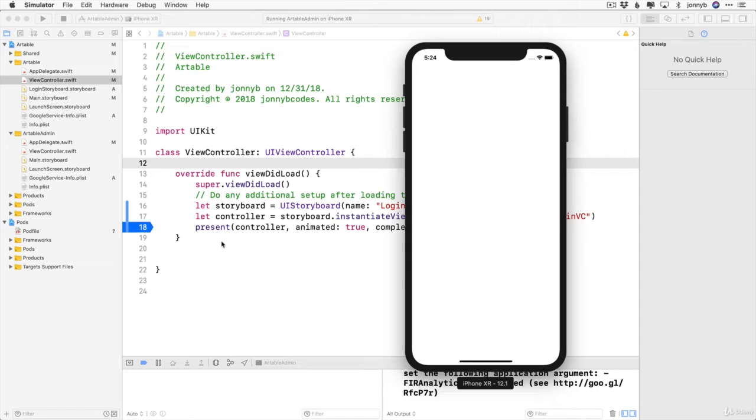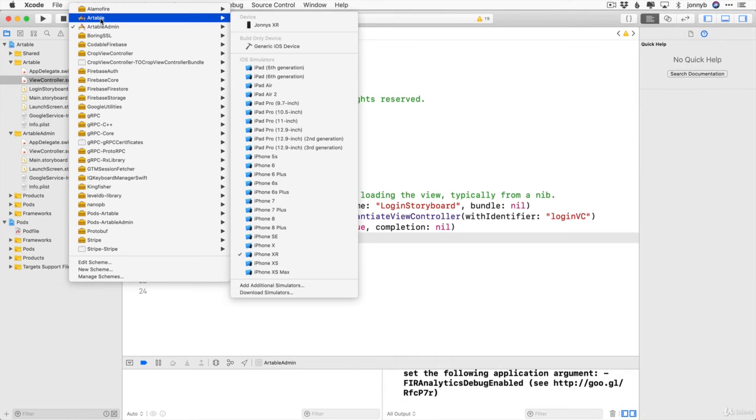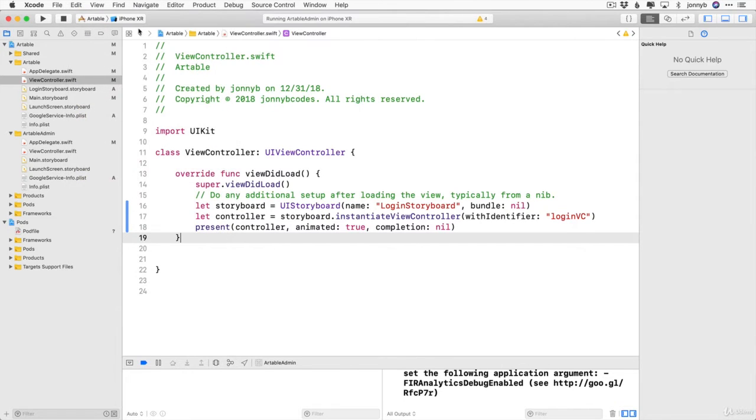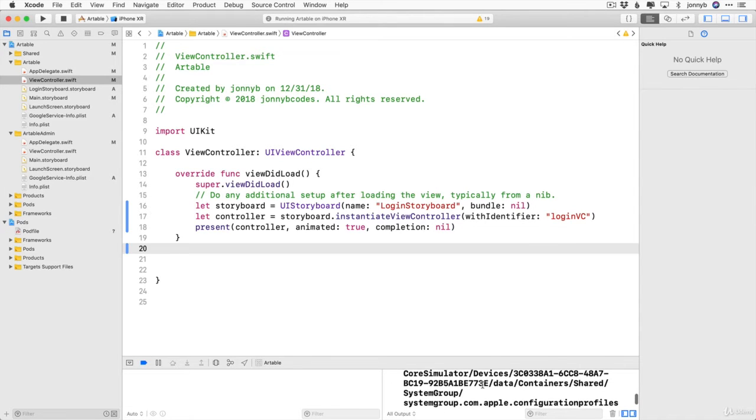something's not quite right. Oh, I made the mistake. Artable, got to make sure you're on the correct scheme. All right, so switch into our main Artable scheme and running it. Okay, and we are still getting a blank screen, but we got an error here. It says